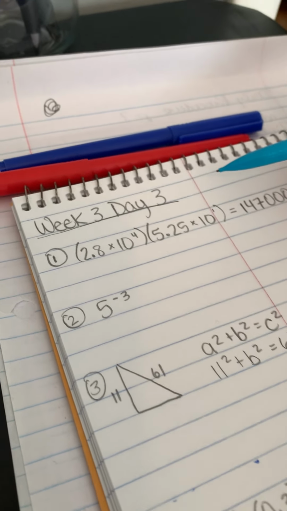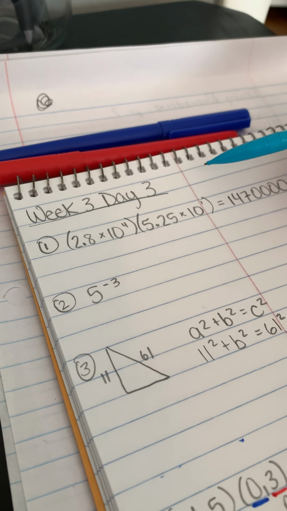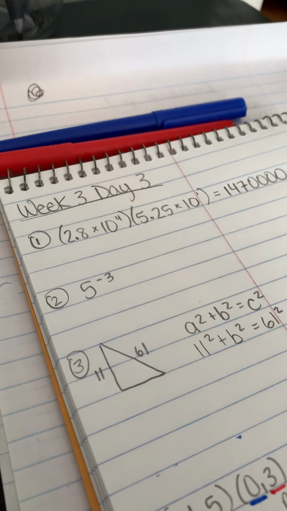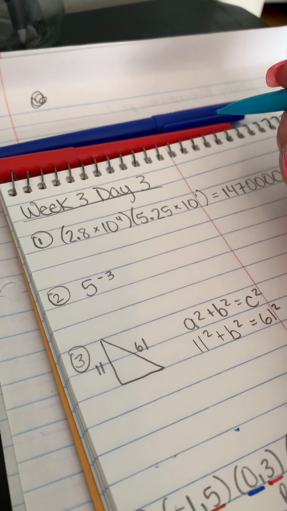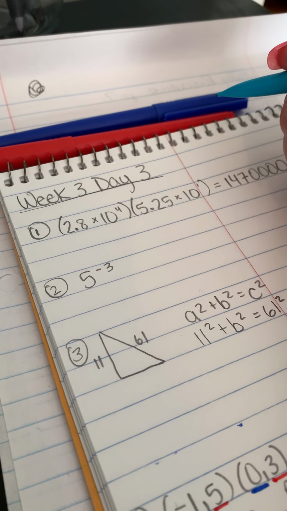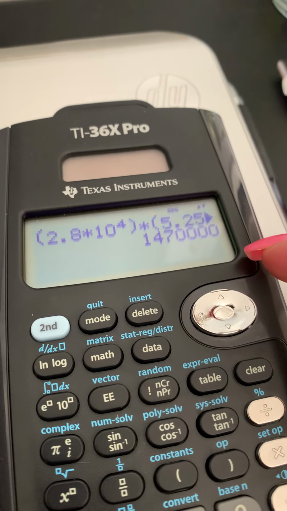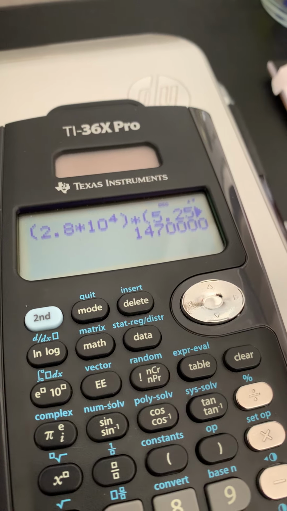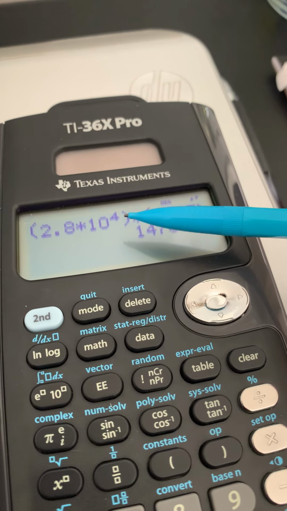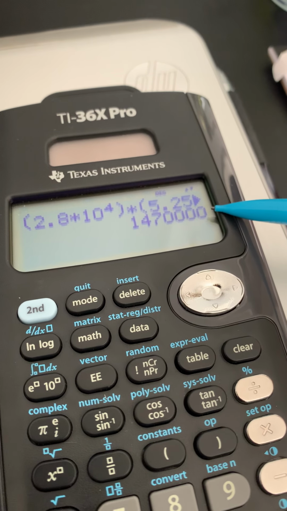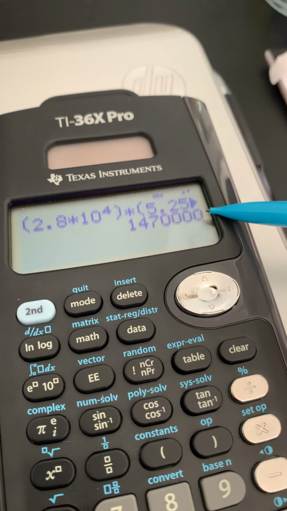Number 1 says, what is 2.8 times 10 to the 4th power times 5.25 times 10 to the 1st power? Write your answer in scientific notation. So, y'all know I've got a little bit different calculator here at home, and I'm sure you do too. So I had to kind of play around with it in order to get scientific notation typed in there. And I came up with